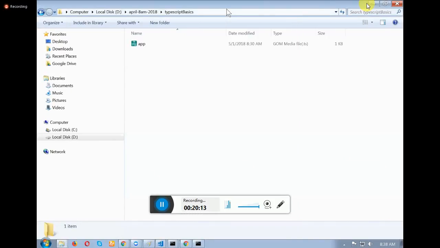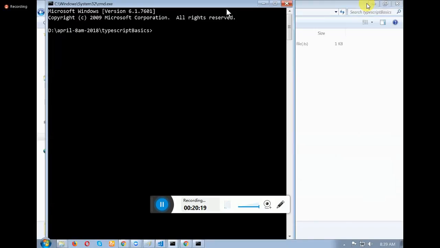In this particular folder, I have a file called app.ts, isn't it? Watch carefully what will happen. tsc space file name. So what does that mean? You are passing app.ts file to the TypeScript compiler. So we are passing a file to the compiler. What compiler will do? Compiler will take the particular file and then it is going to compile the file. What is the output? You will get a JS file as an output.